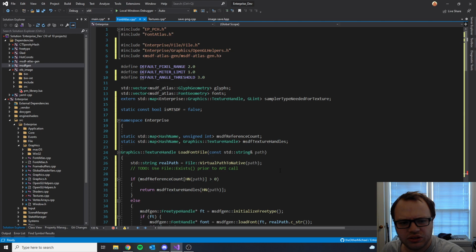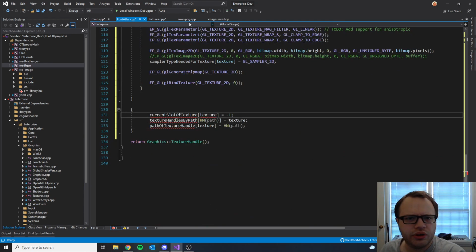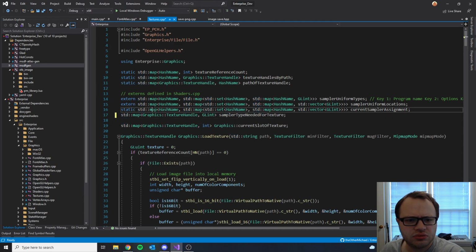Yeah, so actually I do need that to be in here. Are these already externs? Texture handles by path. No, I had to expose